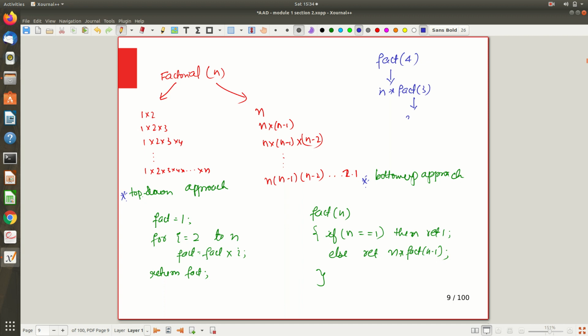So what is your n? n is 4, right? So it will do 4 into fact of 3, then 3 into fact of 2. At this point again it does 2 into, it recursively calls fact of 1. When n is equal to 1, it will return 1. That 1 will come back, and now this computation will be over, and 2 into 1, so that result 2 will come here, and 3 into 2,